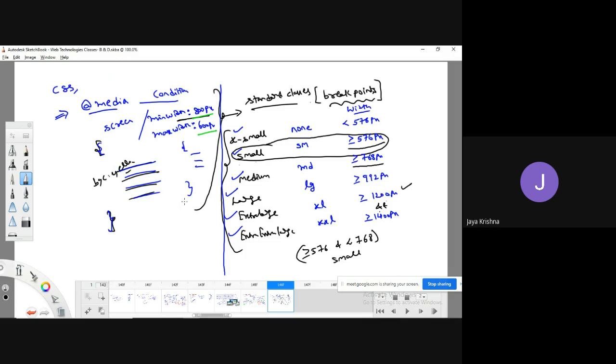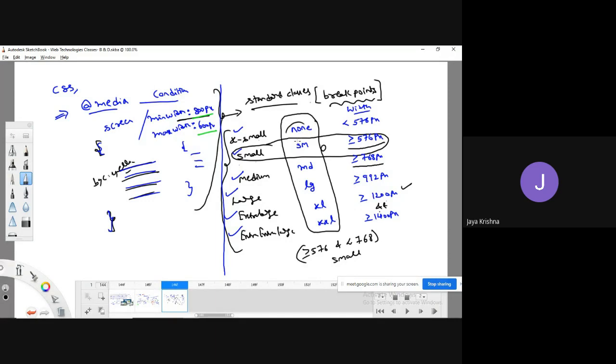The same concept I have shown with the help of Flexbox, right? With the help of Flexbox, we did it within less time. Similarly, the same concept we can develop with the help of this grid system also. How are we going to identify with the help of these classes? If I am not writing anything, it will come under extra small only.